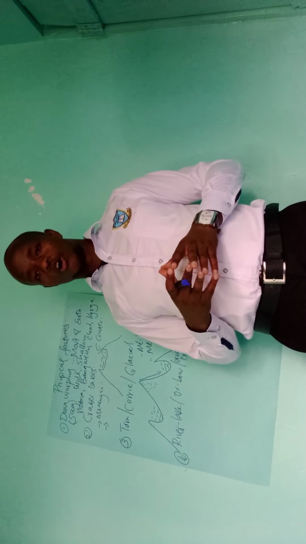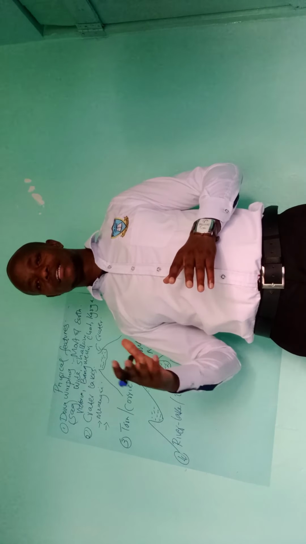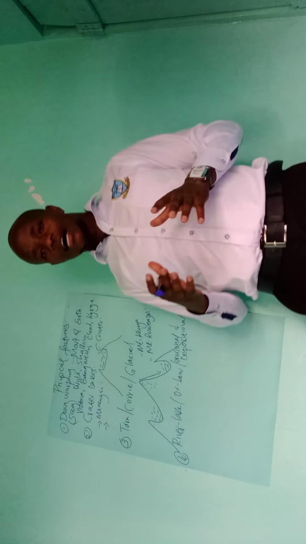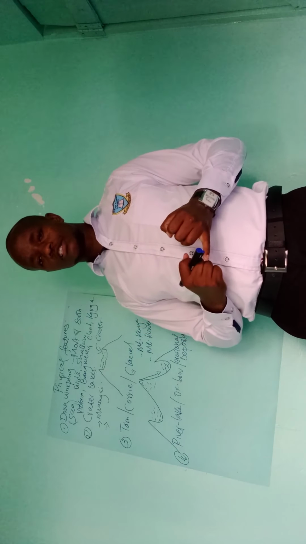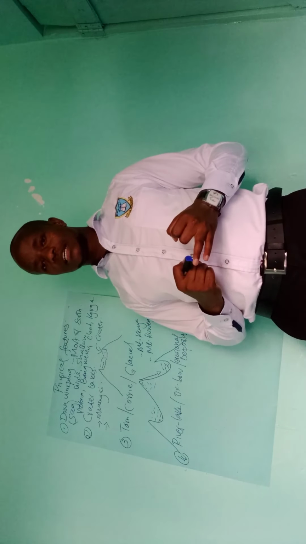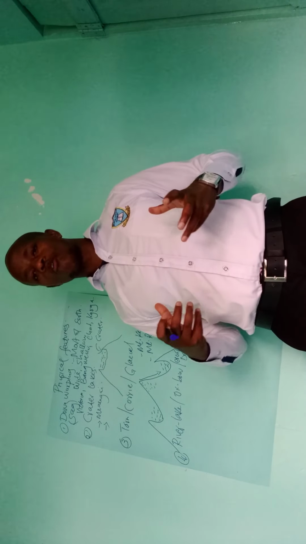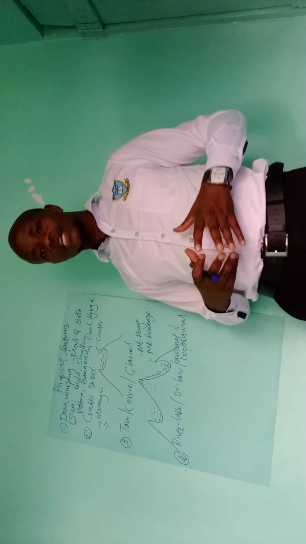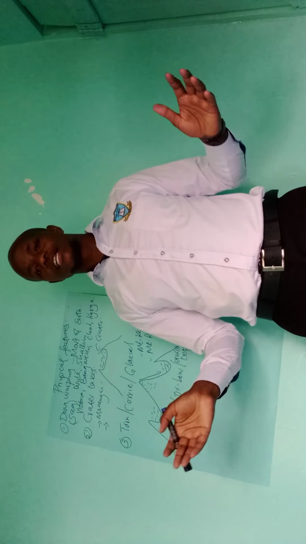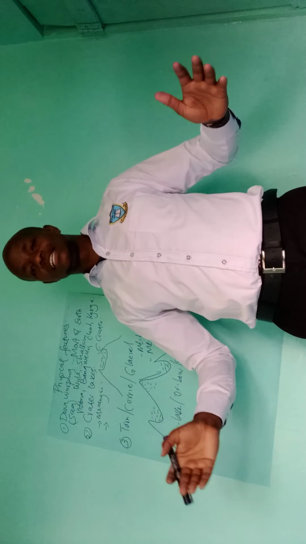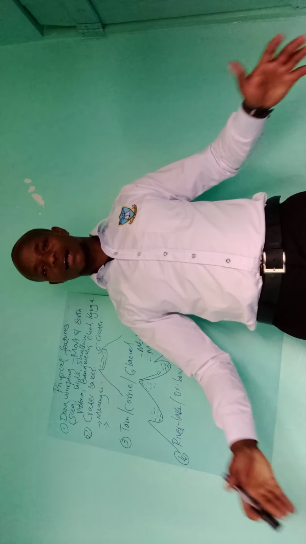The second stage is the middle, or in other words, the youthful stage. Here, the river is characterized by waterfalls, high speed, and large volumes of water. So the main function of the river at the second stage is to erode, in other words, to carry away the materials along its bank.